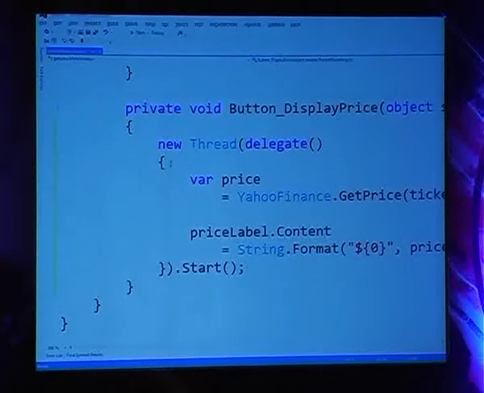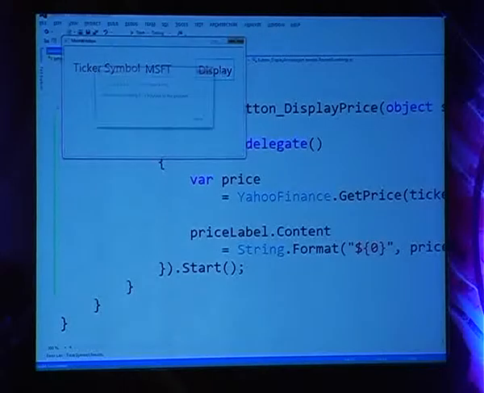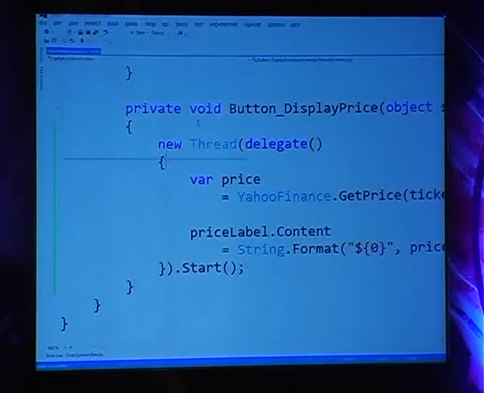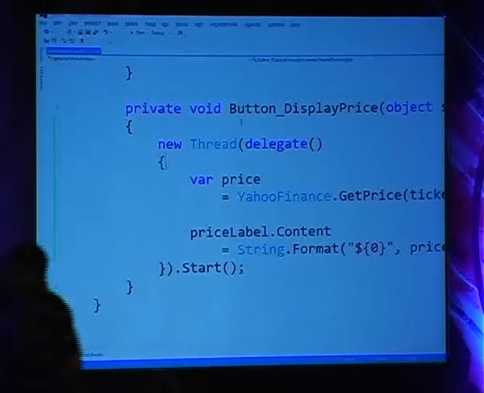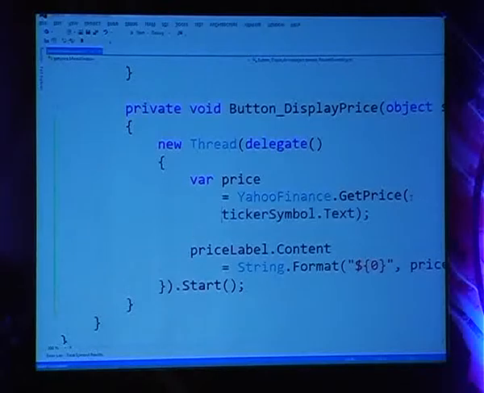So I put it into a separate thread, and I'm running it, and I click on the display. And if I'm very lucky, by the way, it would crash. Today's my lucky day. Notice it crashed right away. But usually I'm not that lucky. It crashes at unpredictable moments. Why did it crash? The reason it complained is that in this code, right here, I'm saying ticker symbol.text. So in this new thread I created, I touched the control and it said, how dare you touch this control from this thread.